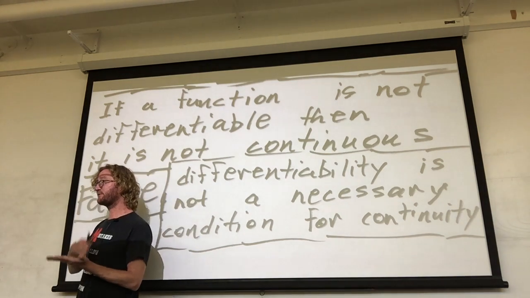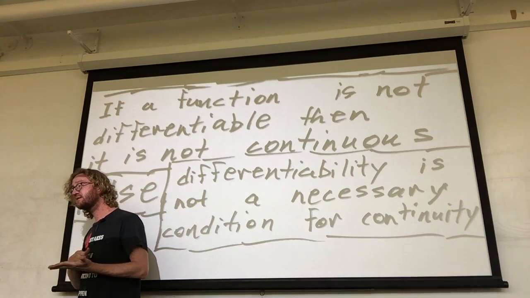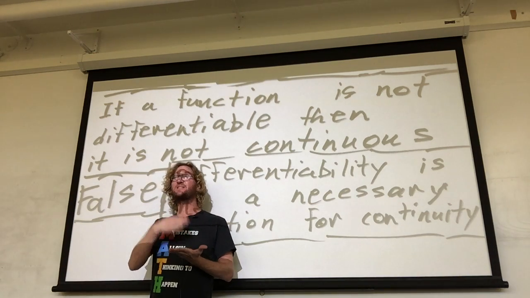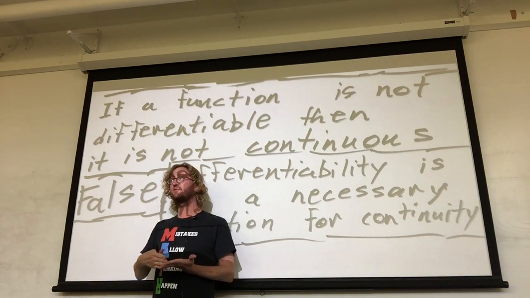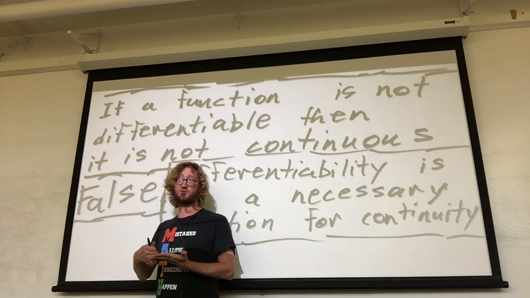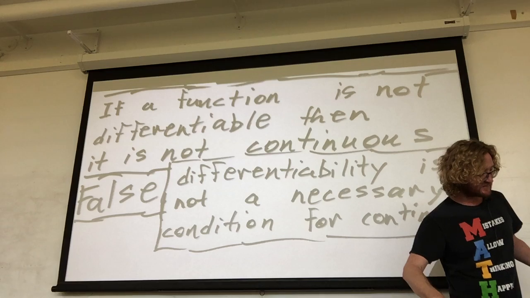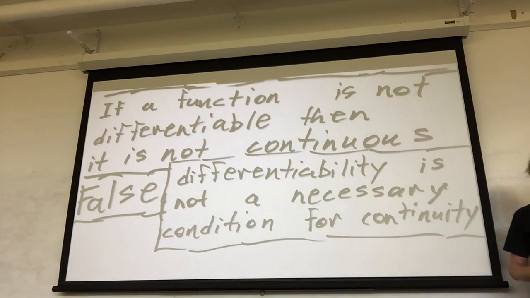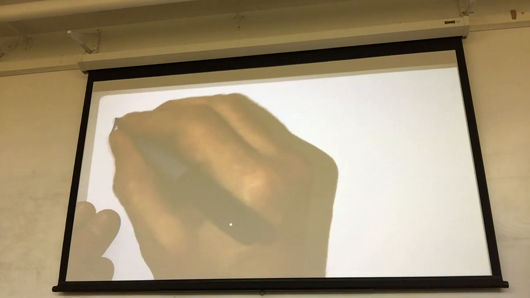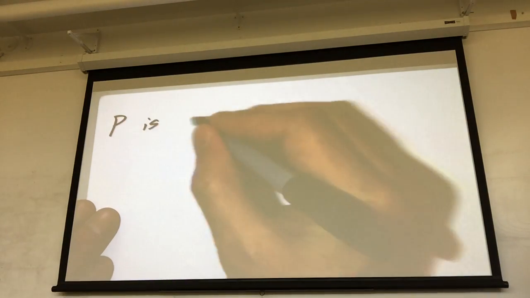Okay? But differentiability, that smoothness, is not a necessary condition for it being continuous, okay, just meaning connected. So, if you ask what a sufficient condition is, okay, so let's say P is a sufficient